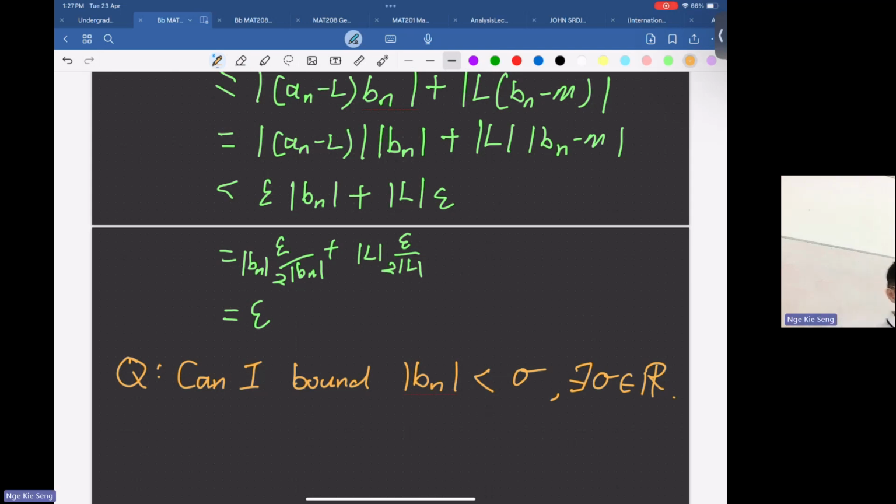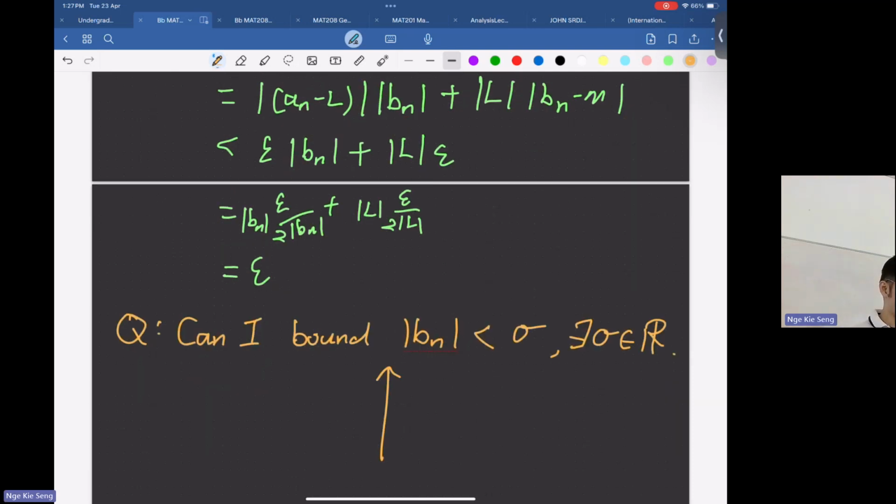Okay, can we bound it like this? So Ethan says, just take the limit and bound it. Is it possible or not? What if my limit is 0? My limit is 0, right, Bn goes to 0. Separate case. Yeah, this is the other case.